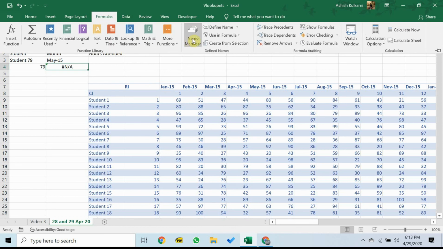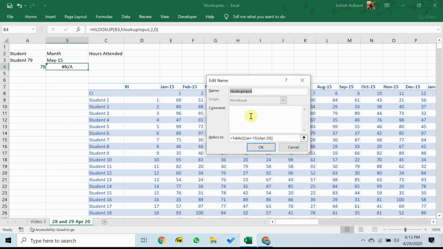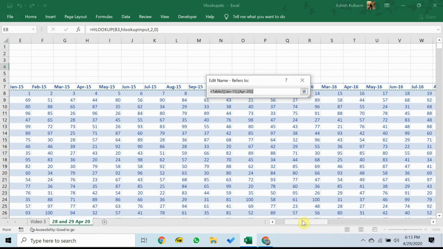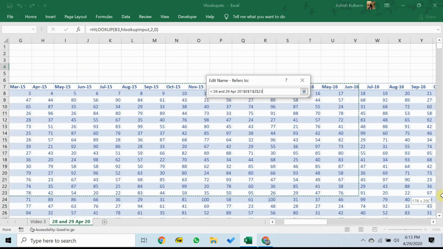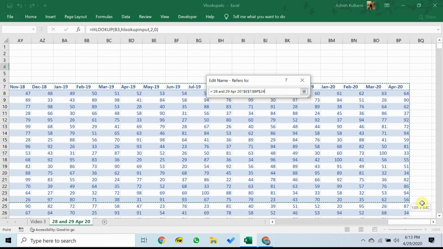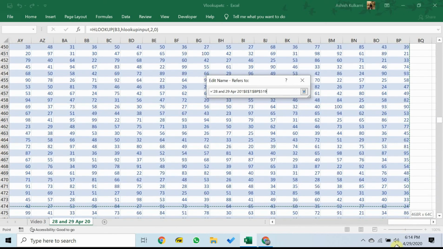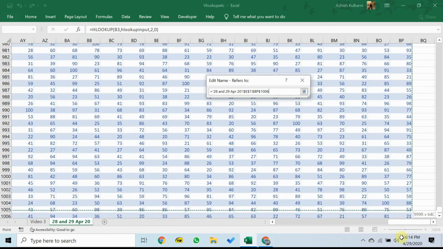So I go to the formulas tab, go to name manager, choose this and click on edit. And I say that in this case, what I wanted to do is I wanted to refer to table 2 over here onwards. Yeah, so don't worry if sometimes the named range throws up an error, as in my case it did. Excel is a fairly forgiving program. You just need to figure out what mistake you have done, and changing it or adjusting for it becomes fairly easy.